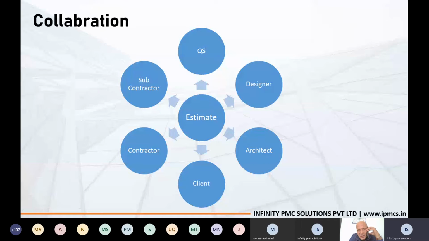Okay, so next, when it comes to the client view, when the project is happening, they want to view what is happening within our project quantities and estimate. So here in Costex, we can provide better communication to the client by exactly showing the executed quantity as per the drawing. And in the same way, when we have finalized the estimate and we are giving our project to a contractor, in Costex we can maintain a contractor database, which again helps with communication. In this way, we can achieve collaboration between the different people who are working on the project in terms of cost management.